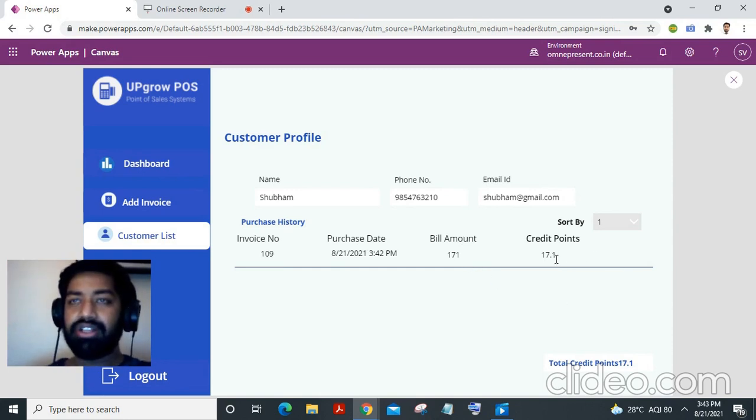Credit points are points we get in exchange for a product. Yes, it can be promotional points which can be used further in the next shopping. Like suppose I am going to a mall and I purchase a particular product from a particular brand, maybe I will get some points in exchange for the product. So here in my system